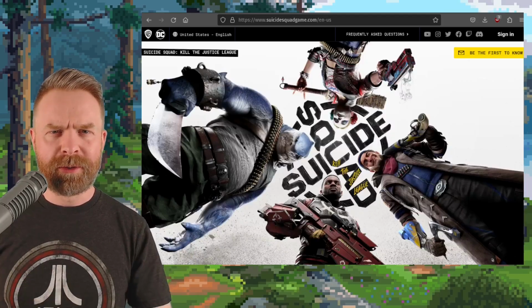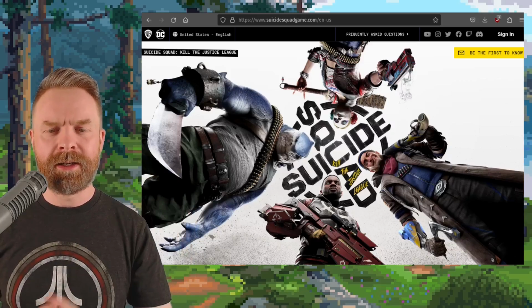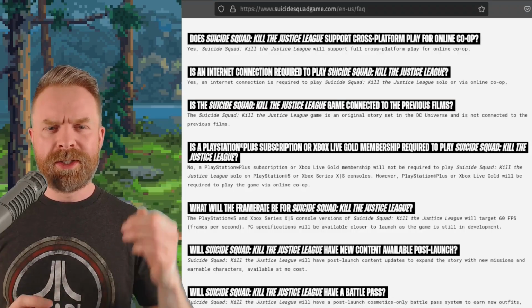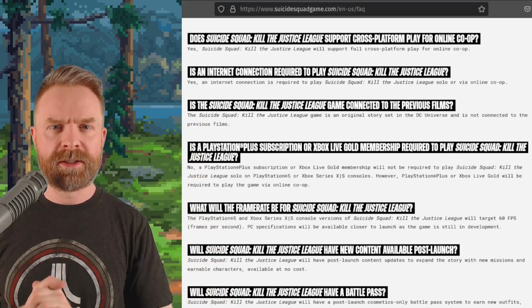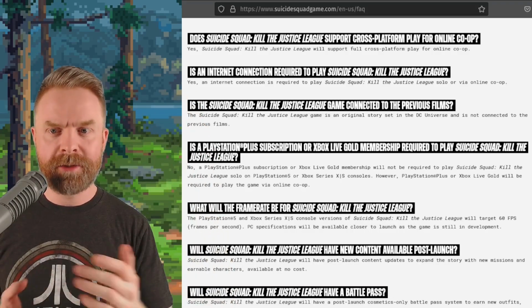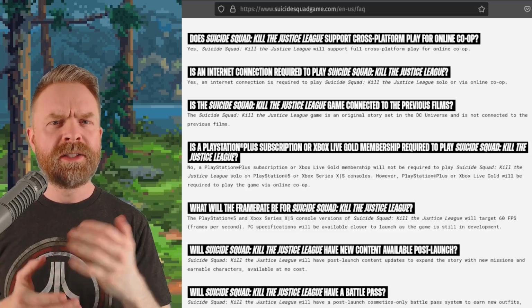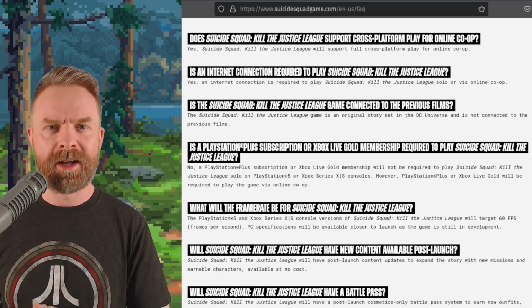And speaking about new games, next up we're talking about Suicide Squad Kill the Justice League. There was an FAQ posted and there was an answer in there that I don't think a lot of people are gonna like. So the question is, is an internet connection required to play Suicide Squad Kill the Justice League? And the answer is yes. An internet connection is required to play Suicide Squad Kill the Justice League solo or via online co-op. So even if you wanted to play this game solo, you'll have to be connected to the internet, which is